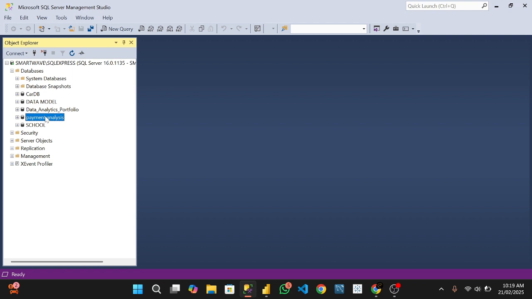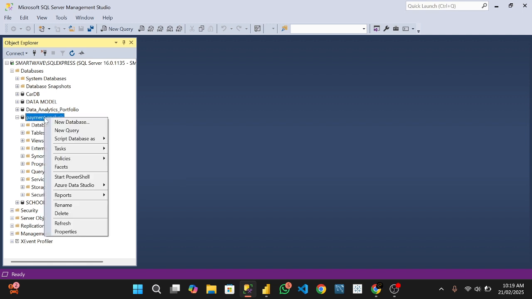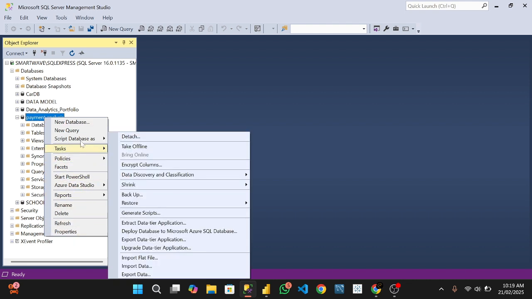When you right click on this database, you can see it contains a lot of things, database diagrams and so on. We want to add a table to it. So how will you do that? When you right click on the database itself, then you click on tasks, you click on import flat files,